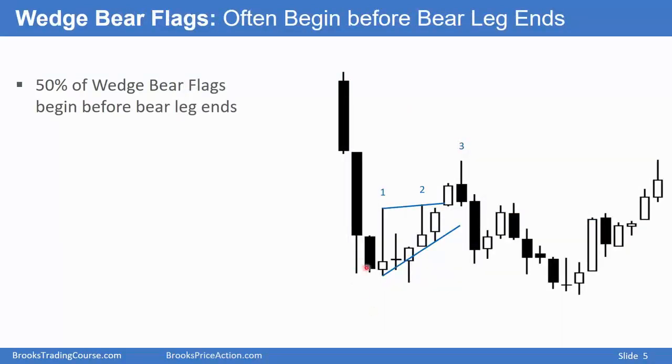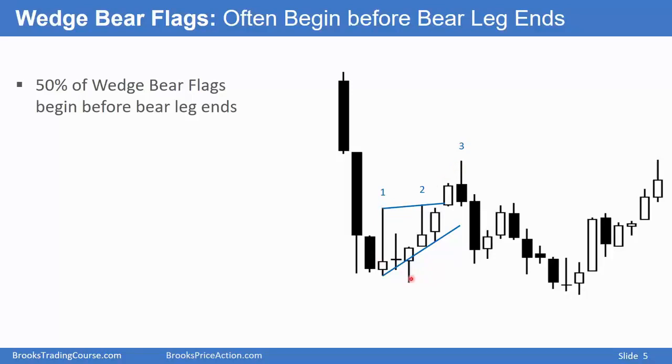The opposite is true when you have a bull channel. Here we have a bear trend, and we have a pullback, and then we have a resumption of the bear trend. However, where did the wedge bear flag begin? Did it begin right here? Is it a low too short, 2 legs up, 1 pullback 2, a double top 1, 2? Or in fact, did the small bull trend, the bear flag, begin right here before the bear